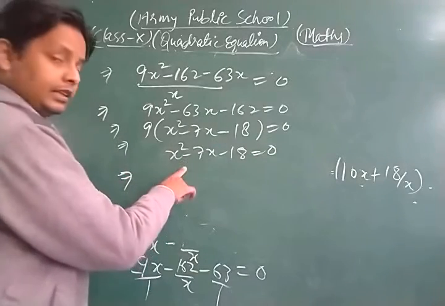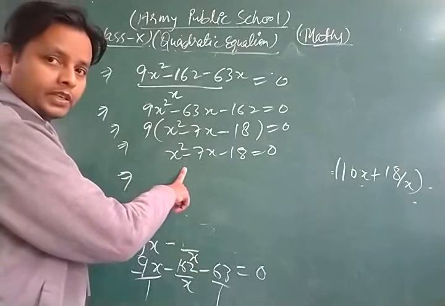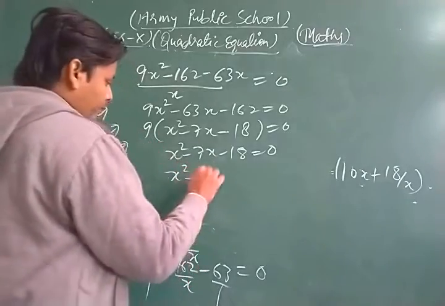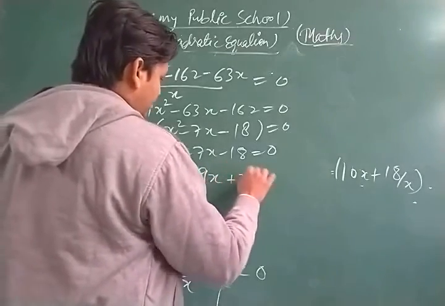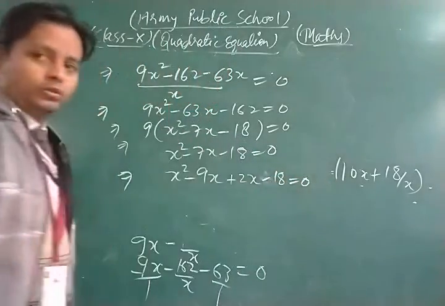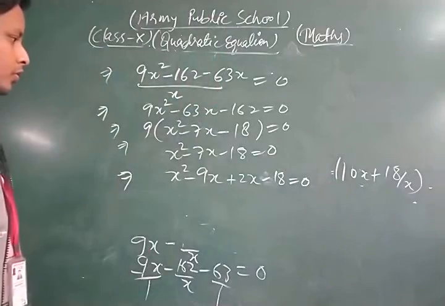That is, we are solving this by splitting the middle term. This is x square minus 9x plus 2x minus 18 is equal to 0. Okay,